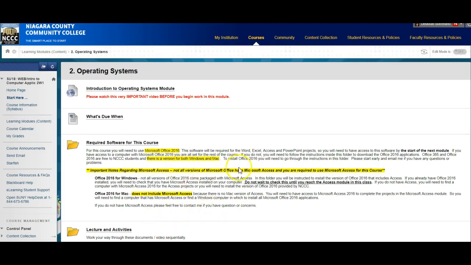So please read through this and get the software installed on your computer as soon as possible this week, so that I can address any problems you have, because next week we're going to be starting Microsoft Word. The module opens Sunday and the first project is due on Tuesday. So if you open this folder,